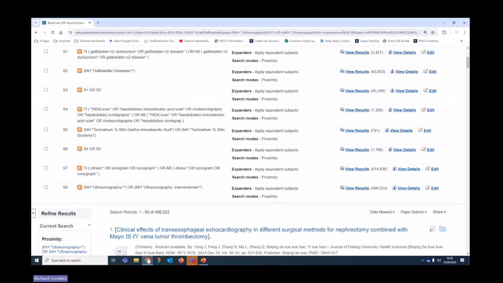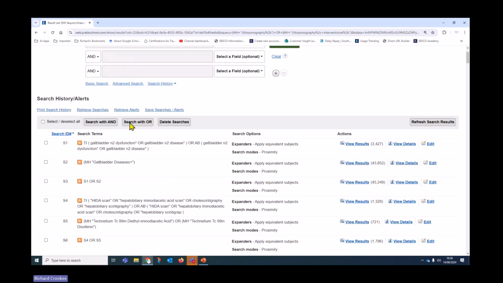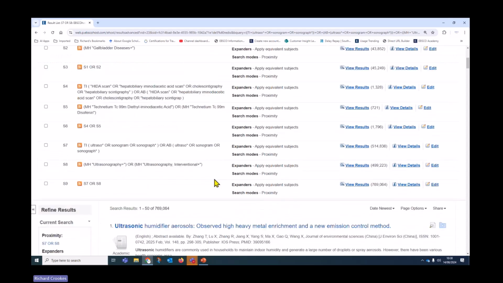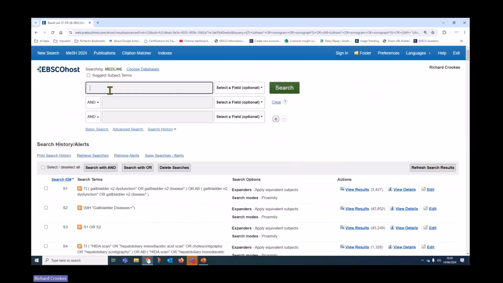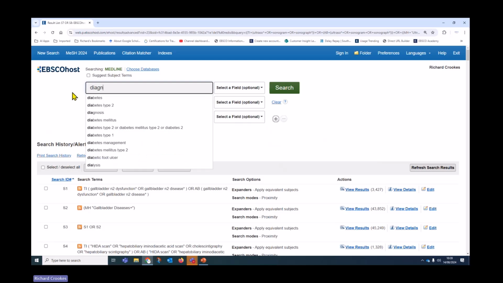And then, of course, what we'll do is combine the two. So S7, S8, this relates to the comparison for PICO, and then we'll search with OR here. So the final element, as you might guess, relates to diagnosis, diagnostic, etc. So again, for this, we're going to add some of the syntax here. So for example, we can have